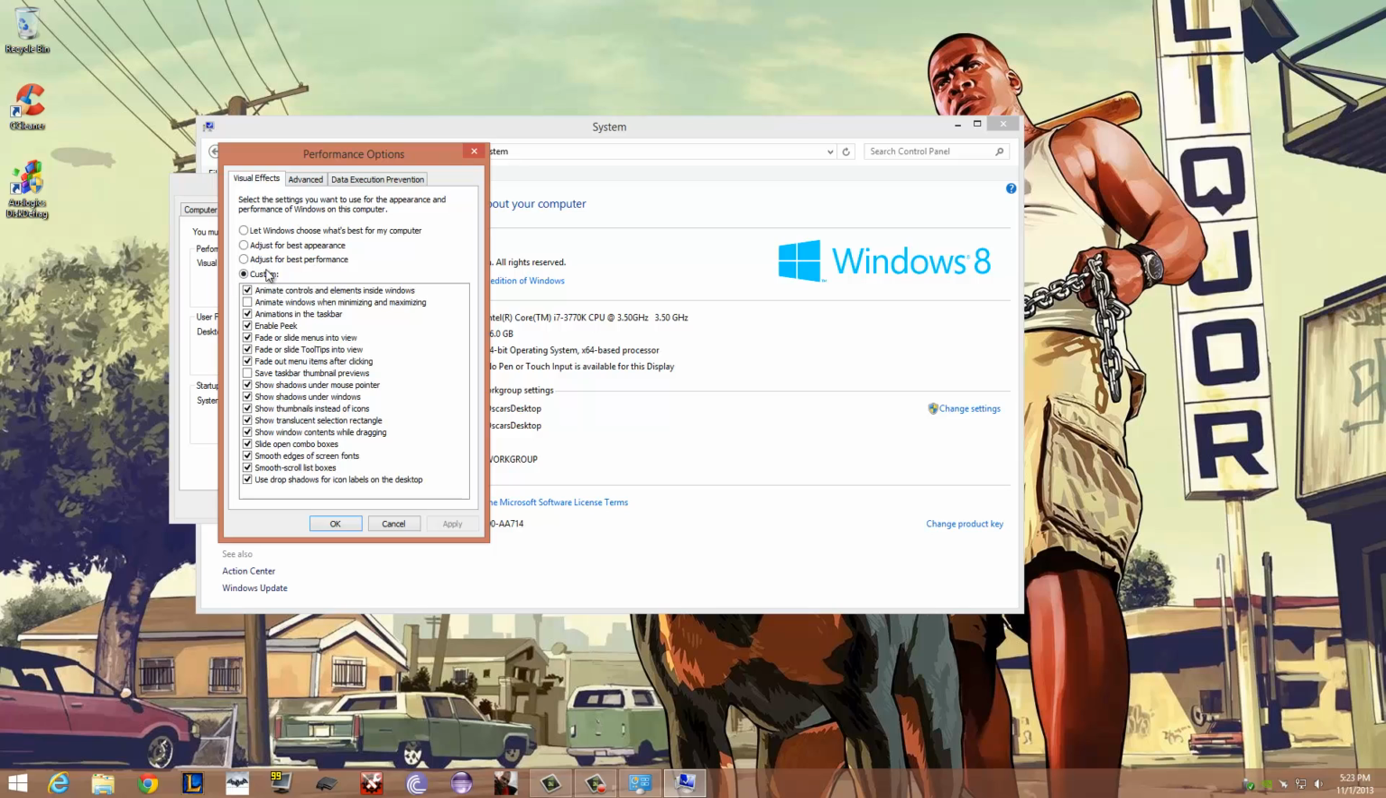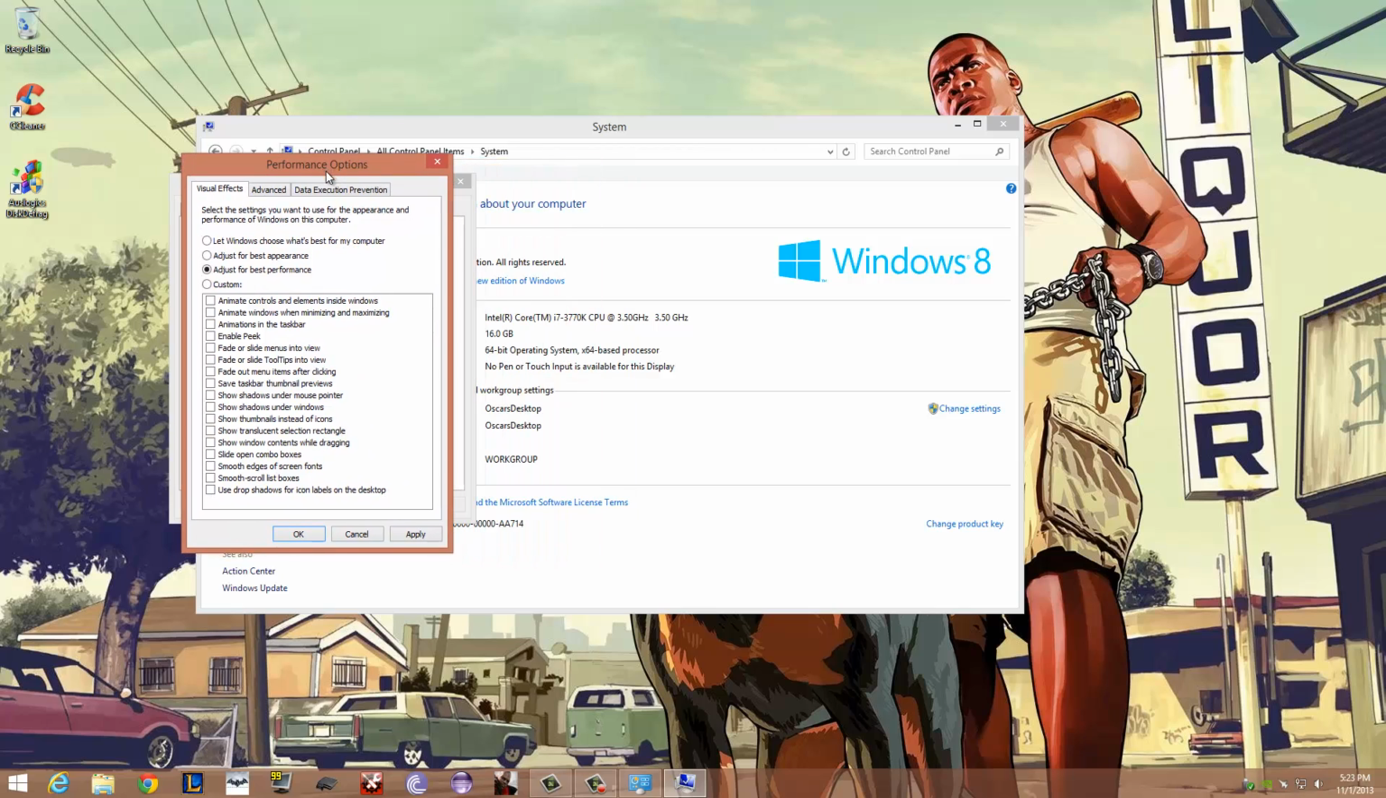Right now I have mine set to Custom, but yours will probably be set to Let Windows Choose. So pretty much everything's going to be checked off by default. What I do, I usually start from the bottom, which is Adjust for Best Performance, and that unchecks everything. And this is a good way to do it just because you can see what you can live without and what you can't. I personally kind of like some of the visual aspects of the toolbars and all the menus,